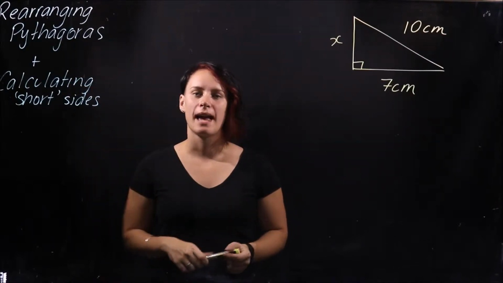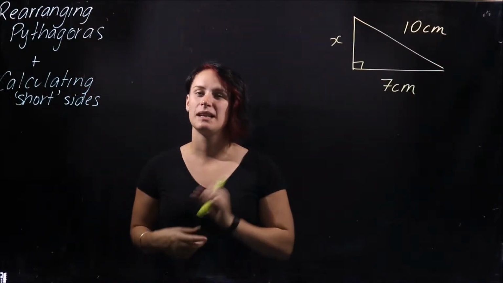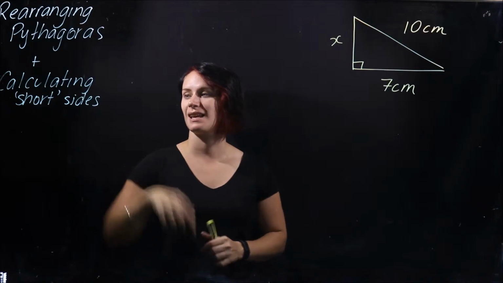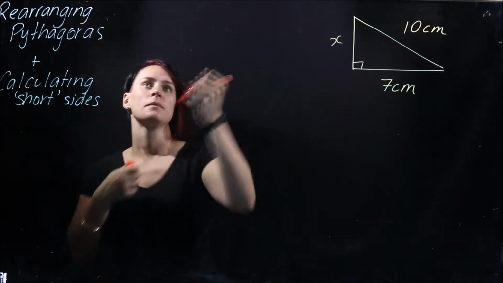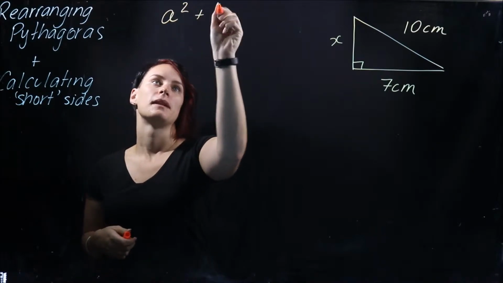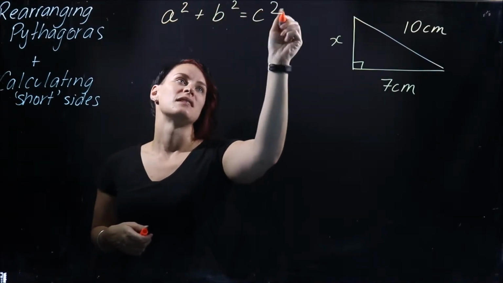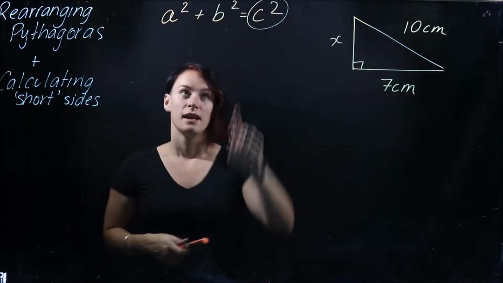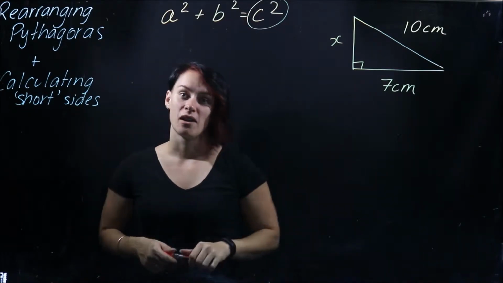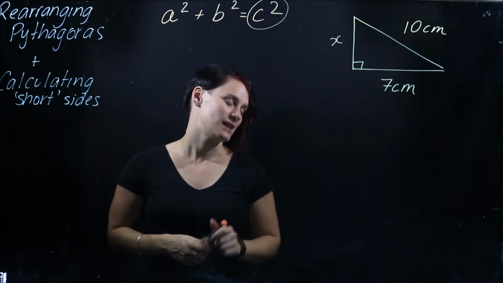Okay, this time we're going to look at rearranging Pythagoras, because we need to rearrange it if we are trying to find the shorter sides. We know that Pythagoras' theorem is a squared plus b squared equals c squared, because what we're trying to find usually is the hypotenuse. Now, if we aren't trying to find the hypotenuse, for example in this case here, where